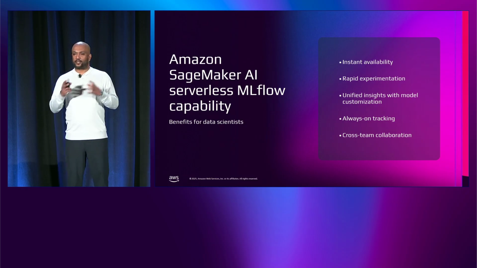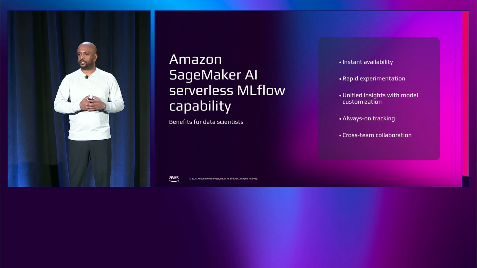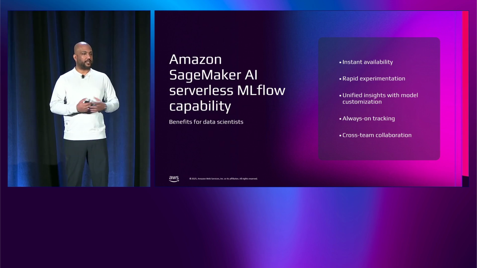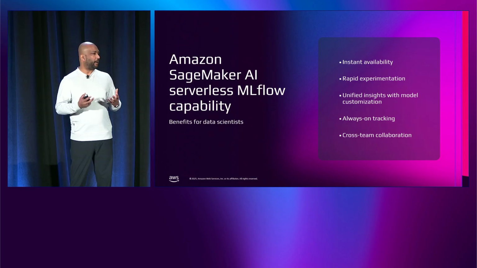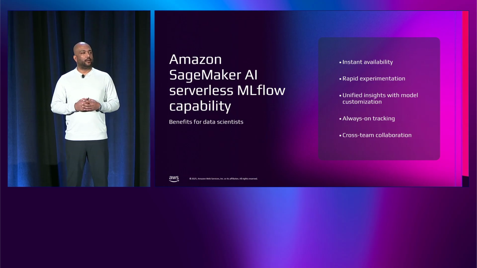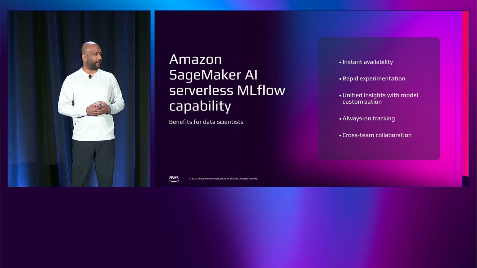And as I mentioned, this MLflow is now starting to get integrated with other areas of SageMaker. So when you do a model customization, which was recently talked about, behind the scenes, we're going to be utilizing MLflow. And its models and the model customization outputs are automatically going to be logged to your MLflow app. Same thing with the pipeline job. If you create a SageMaker pipeline, which is a multi-step process, behind the scenes, an MLflow app will be used, and you're able to automatically log information there. So taking away all those additional friction points that typically you would have to think about or build into your models, you're going to have that automatically out of the box.